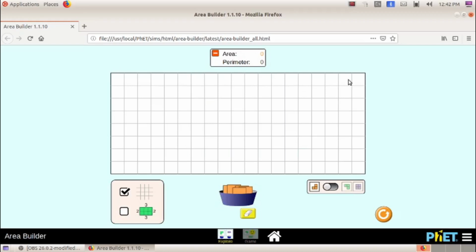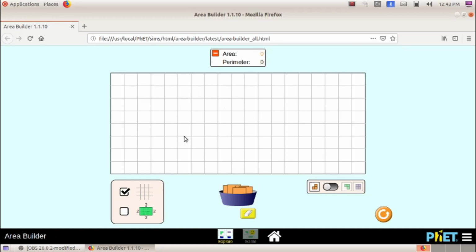So this is the area builder window. There are so many things here. I will introduce each one. What is the use of each one? So this is a rectangle box, this big rectangle box. This rectangle box consists of grids. Can you see here grids? Yes, like our GeoGebra you can see so many grids.